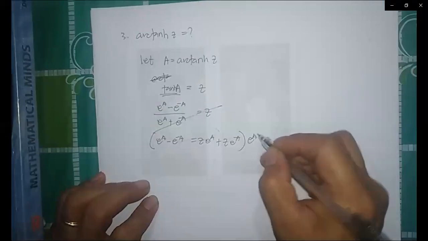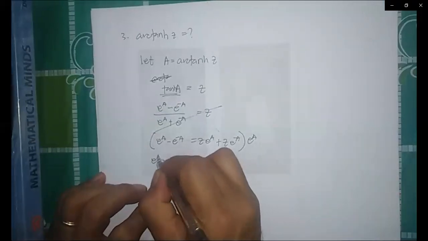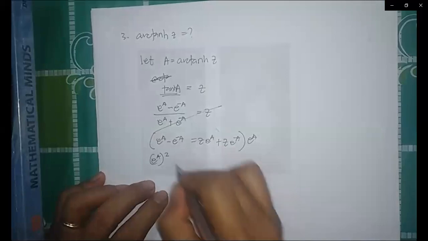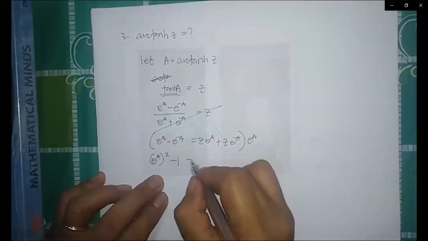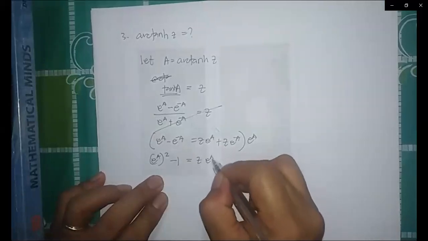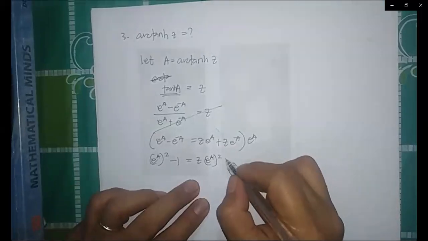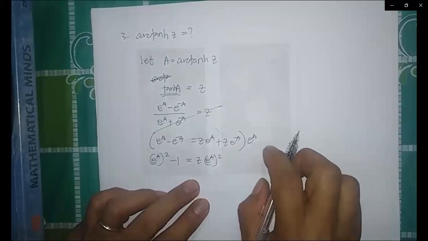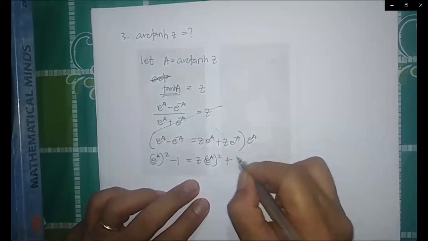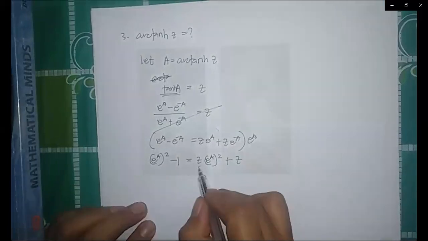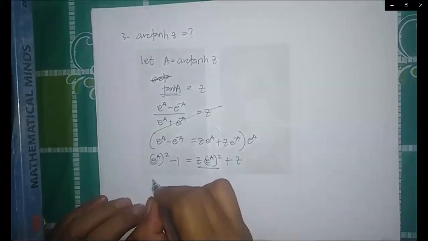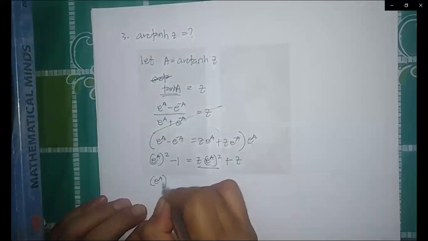Then, if we multiply the whole equation by e raised to a, it becomes a quadratic equation: (e raised to a) squared minus 1 equals e raised to z times e raised to a, quantity squared plus, take note, e raised to a times e raised to minus a equals 1, so the remaining there will become z. Now, if we are going to combine like terms,